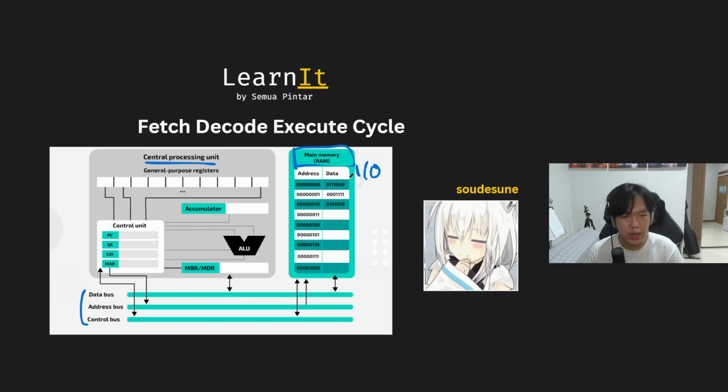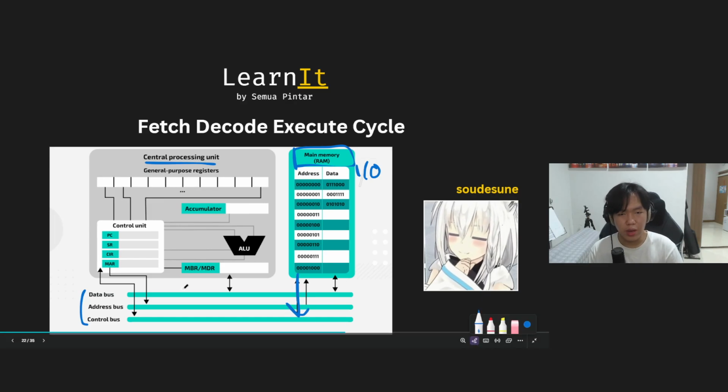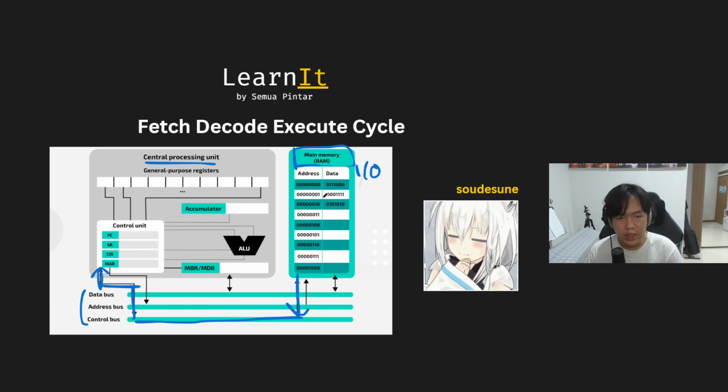So it stores the input from the input device, and then it gets sent to the control bus. So essentially what it's saying is that, yo, CPU, I got an input right here. So can you please process it? And they're like, okay. So it gets sent along the control bus, and then it goes to the control unit in the CPU. So let's say the input right here, the input is always in the form of an address. That's one thing. So let's say the input is